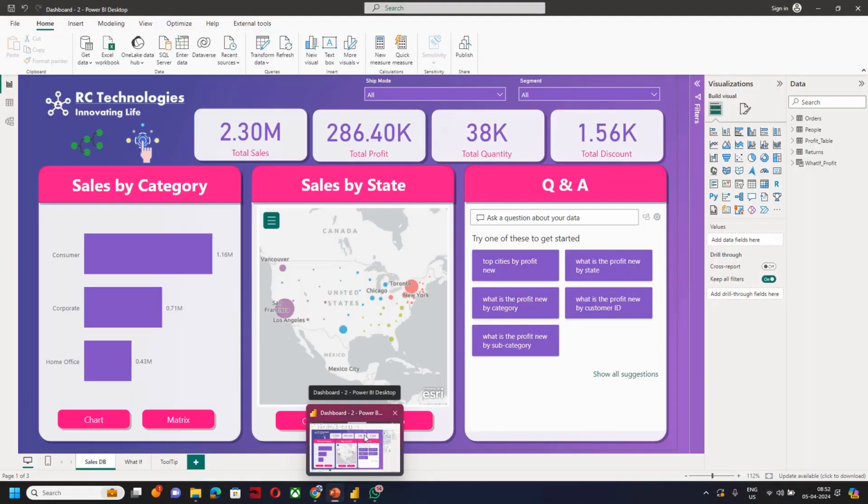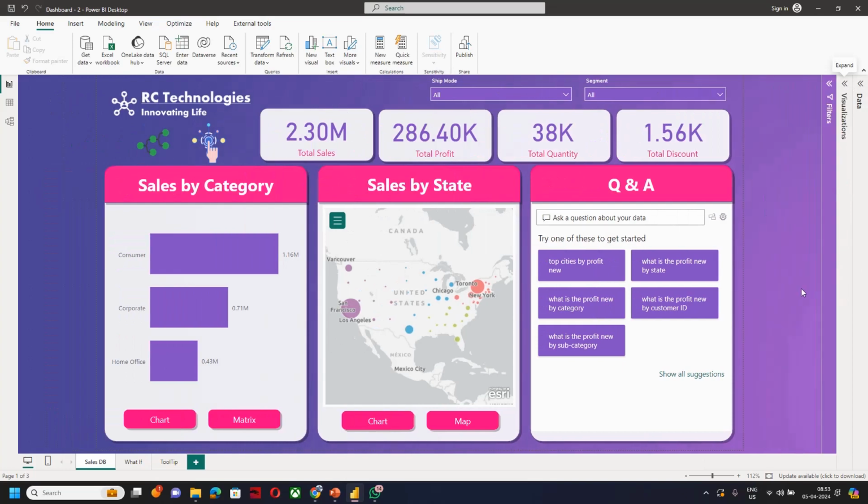Let me show you a couple of Power BI dashboards that we have built during the last class. This is one of the dashboards that we have built. Now, a lot of things here, you'll see the new example, right? Every time we change or add a new example, this is the one I talked about a couple of minutes back.